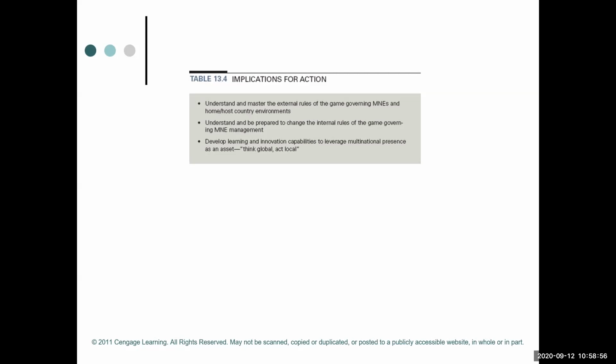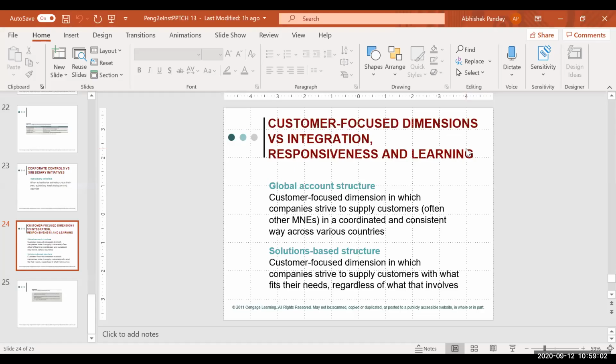So I think right now it's 11. Yeah. So we can take a 15-minute break maybe. We can start at 11:15 and we'll finish the next chapter, and then we'll also talk about the exam format. Any questions? Is that okay? Yes, sir. Yeah. So we'll meet at 11:15. Okay. Okay, sir.